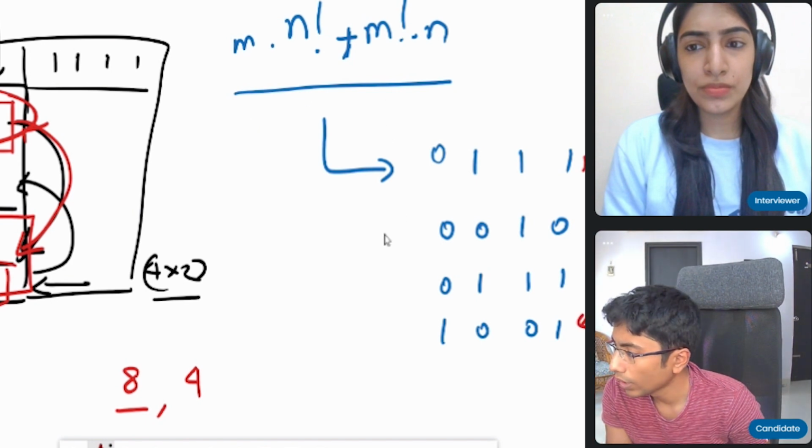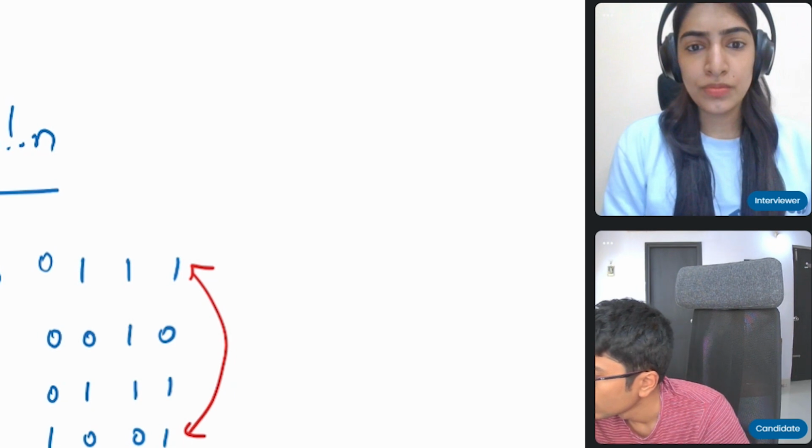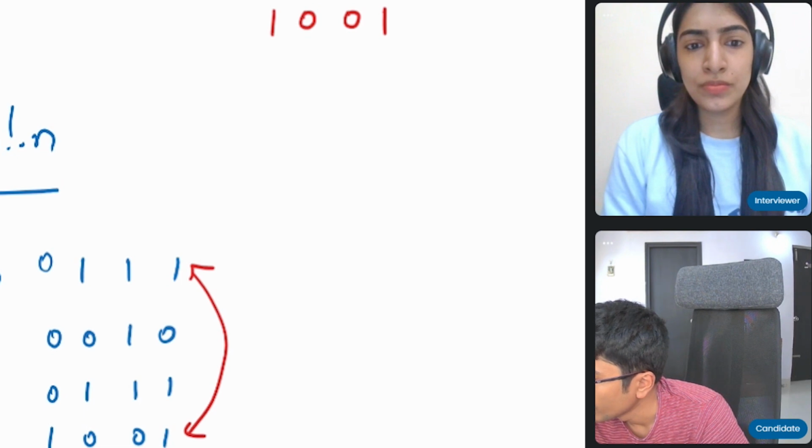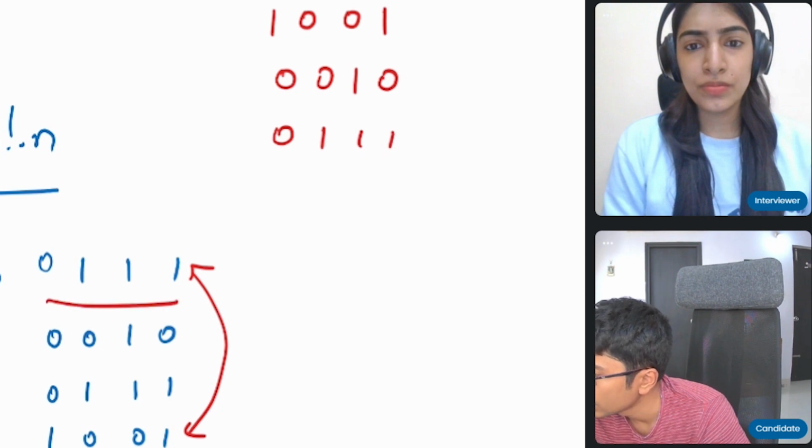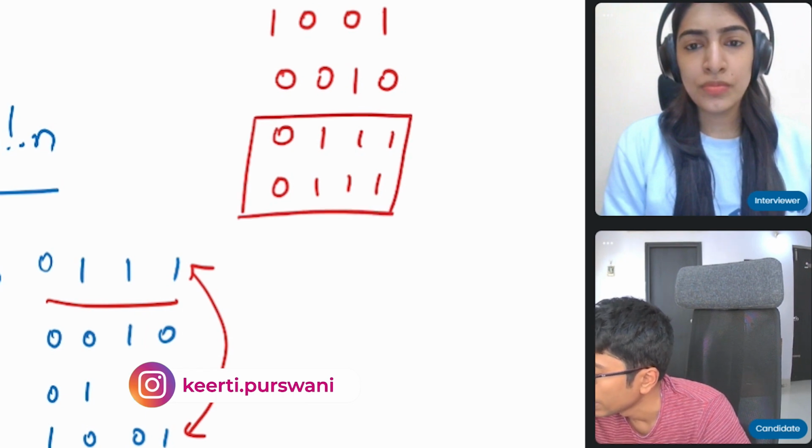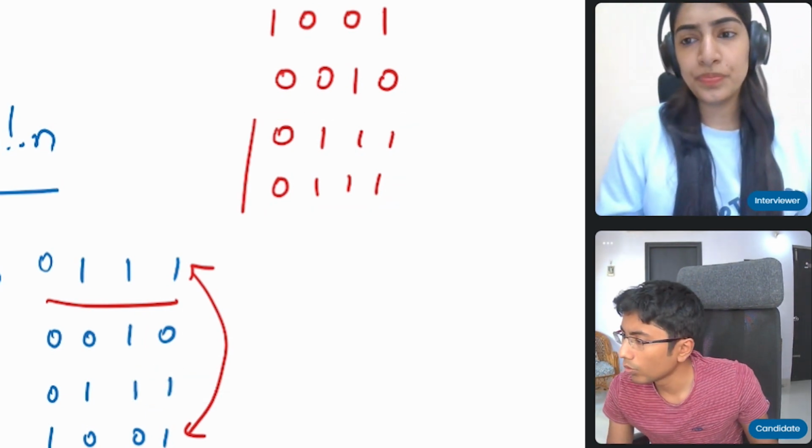So the new array that I'll be getting is 1001, 0010, 0111, and this array which is 0111. So when I swap a row, what happens is